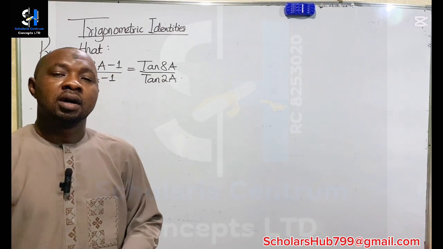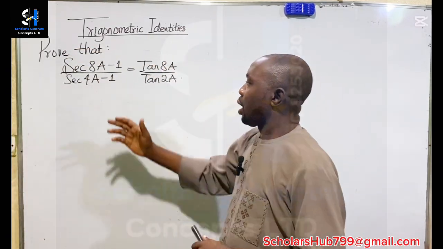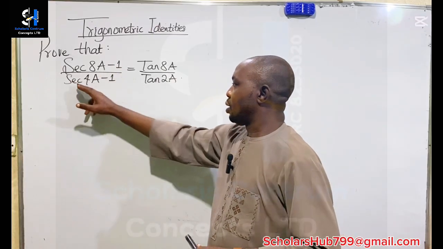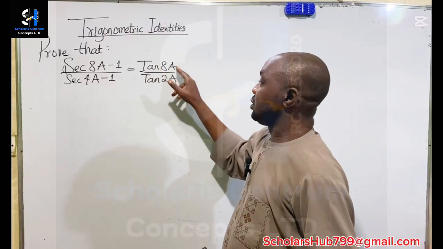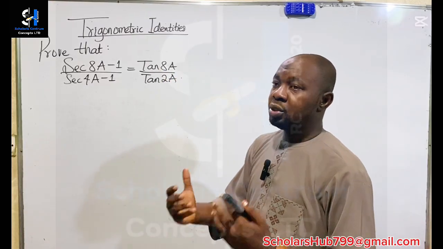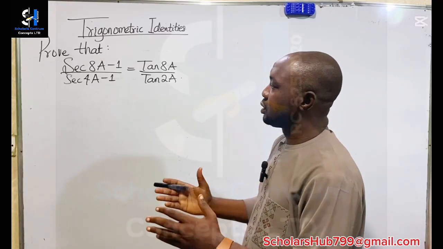Good day, viewers. Another question on trig identities. We are asked to prove that (sec 8a minus 1) over (sec 4a minus 1) is equal to tan 8a over tan 2a. Okay, now remember, when it comes to proof, we need to understand that